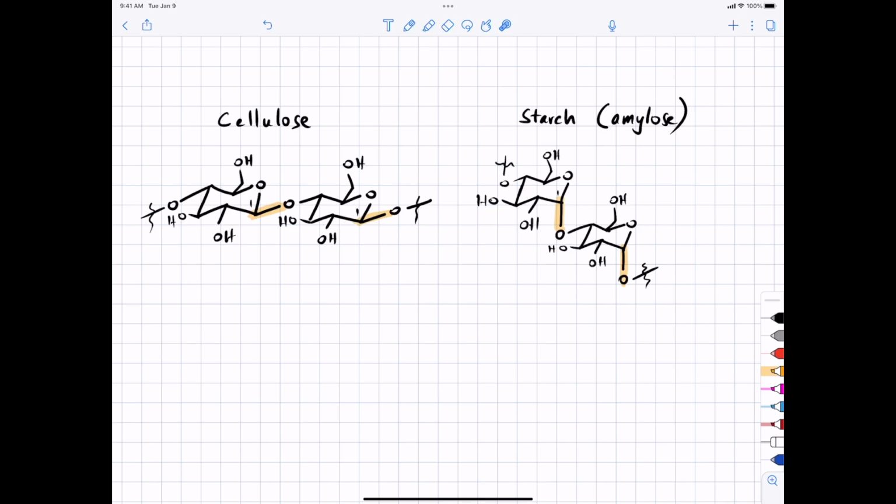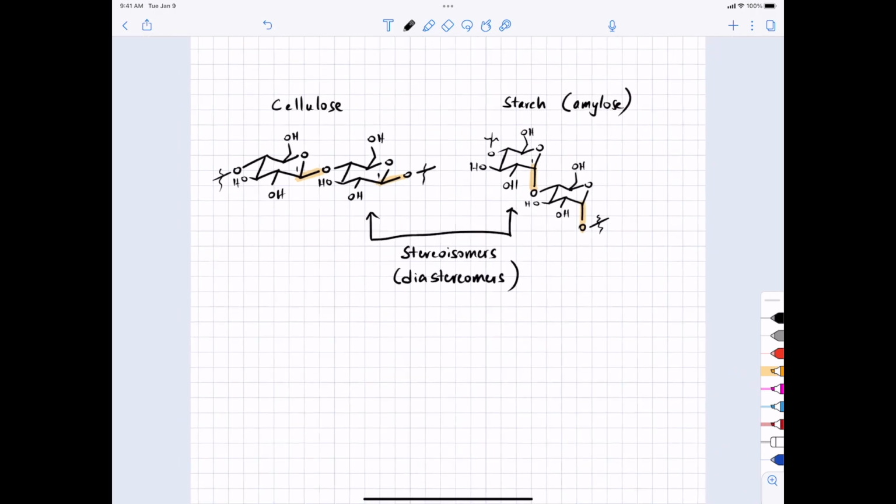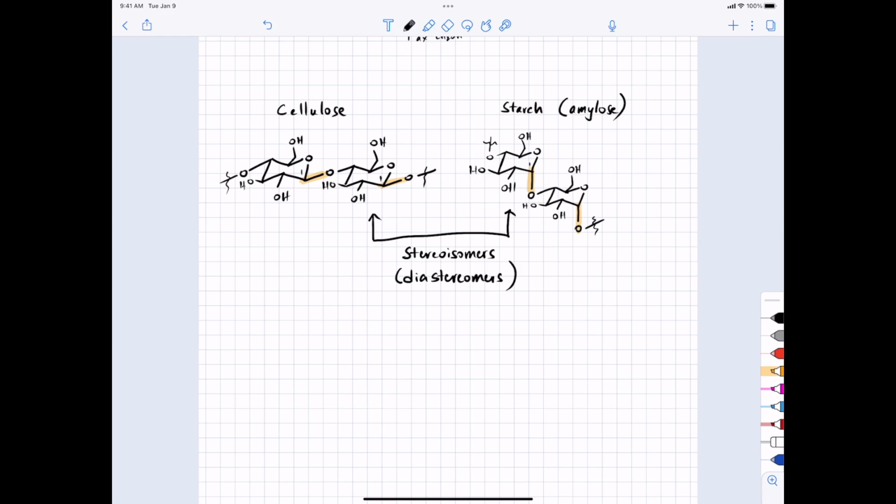And you don't have enzymes to break this bond. Your enzymes pay attention to shape, and so the shape of molecules, because of whether or not groups are up versus down, can be really important. Again, we're going to call these two molecules, same connectivity, just different shape. They are stereoisomers. And in this case, they are diastereomers. And I'll explain that term in a little bit, which little bit is now, unless you've got any questions about